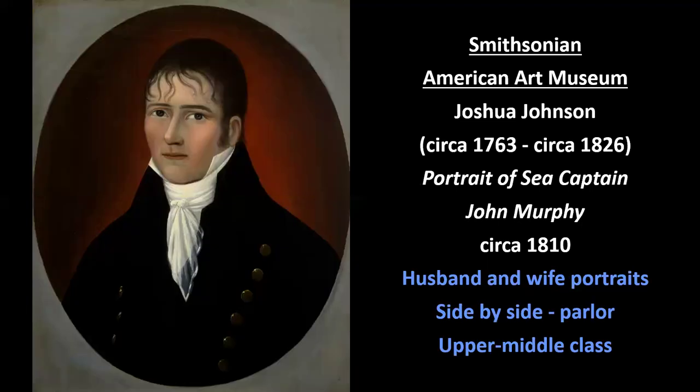And then here is that young woman's husband, portrait of Sea Captain John Murphy from the same time, 1810. So a beautiful set of husband and wife portraits. These were done at the same time, and they were depictions of people that they would prominently hang, usually in their parlors. And so what would happen is people would come over, like guests, visitors, and they would see these beautiful portraits, and it was kind of a way to show off your wealth, so to speak, because